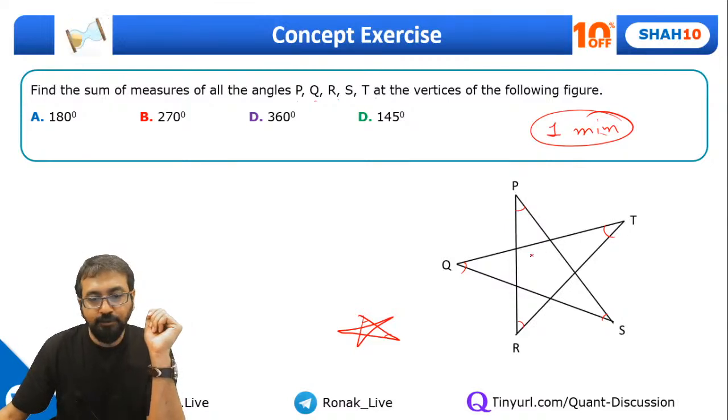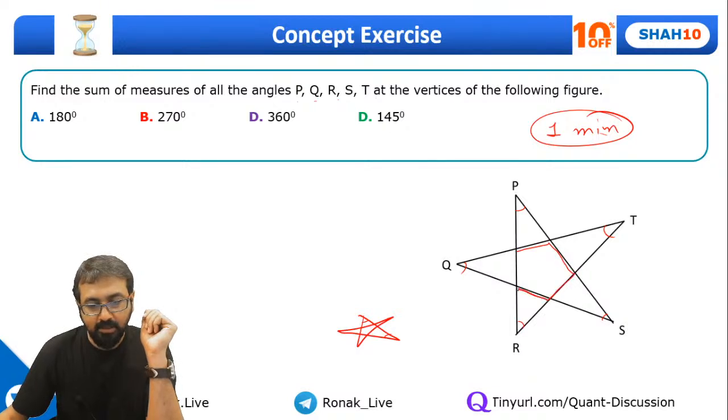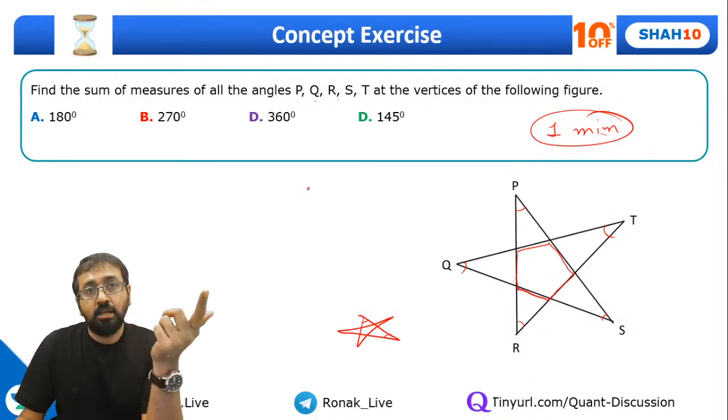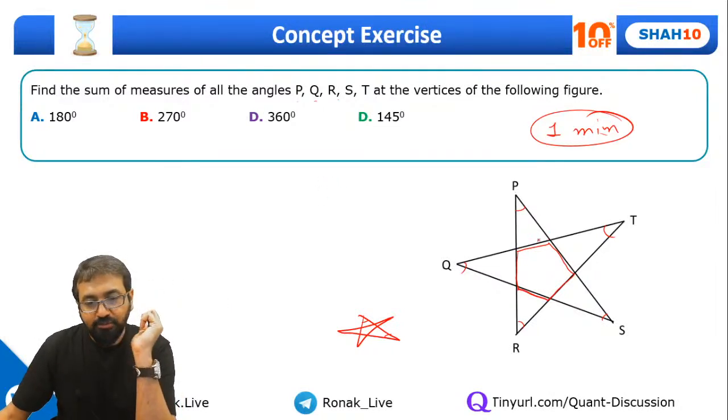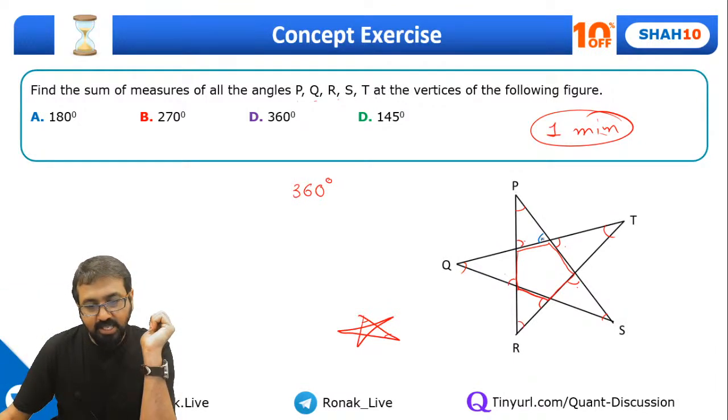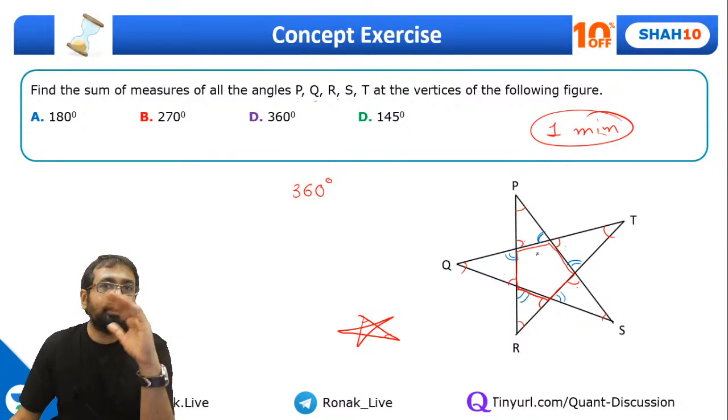In case you are looking for some clue, let me give you one. This figure is a pentagon. And you need to use the property that the sum of all external angles in a pentagon is 360 degrees in one direction. So if I take this angle, this one and this one, the angles that I've marked, the sum of these 5 angles will be 360. Same way, let me mark the other angles with a different color. This angle, then this angle, this one and this one, will also be 360 degrees,